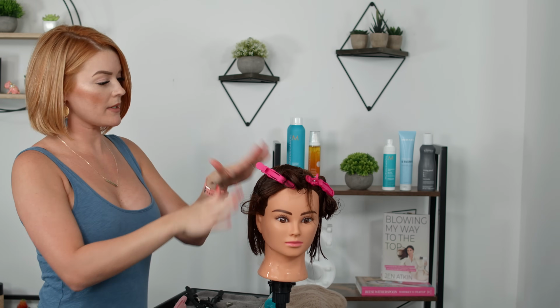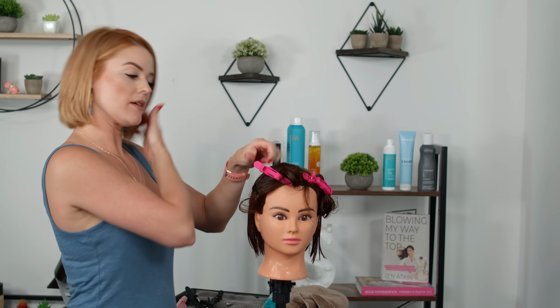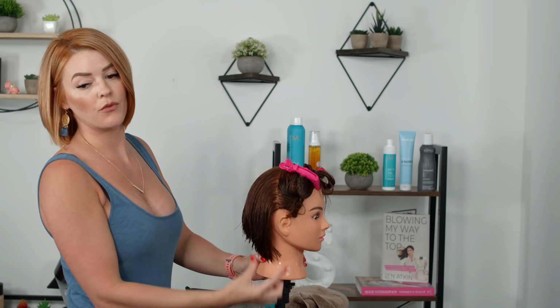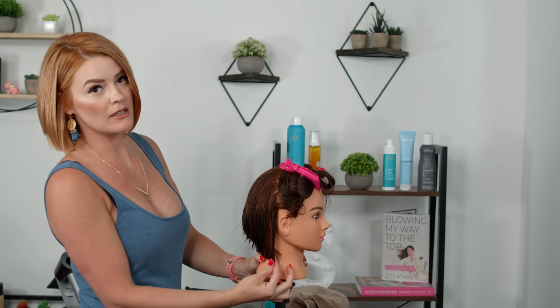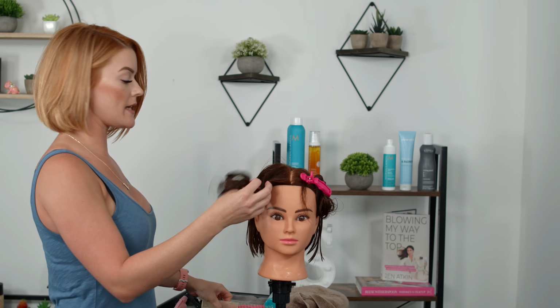Okay, so now we're gonna move on to the sides, which you can see her angle forming here. So this is gonna be your guide, this longest piece in the front, to create the angle for your sides. So to take your first section,